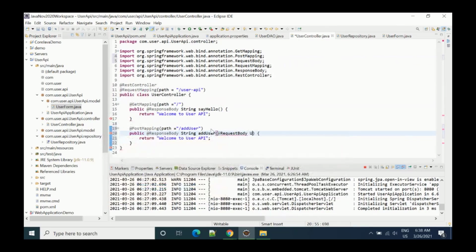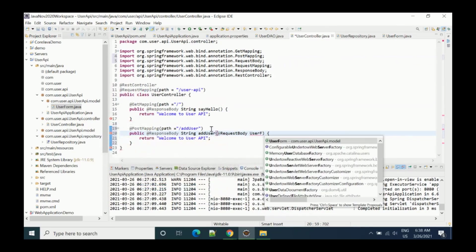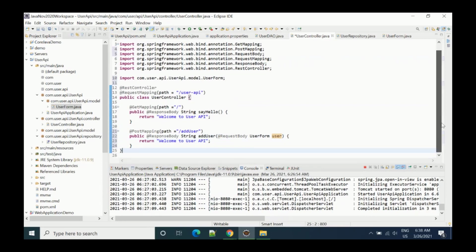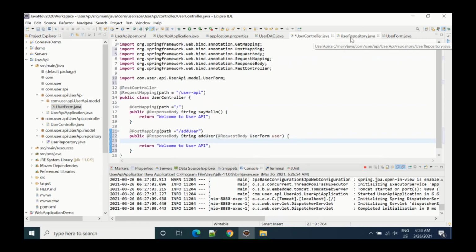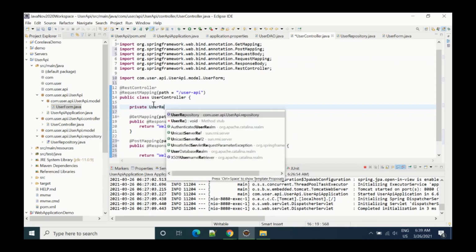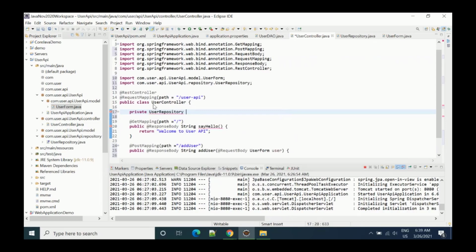Inside request body we will get that user form, and then we can say this is user. So now we have the user form, all the data will be inside this user form, and after that we have to use user repository, and to use that user repository we have to create the object. So I'll write private user repository, user repository.